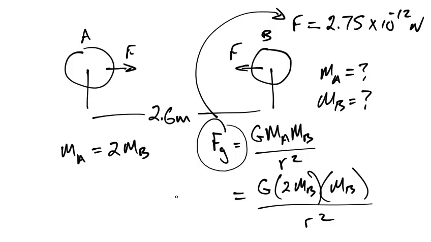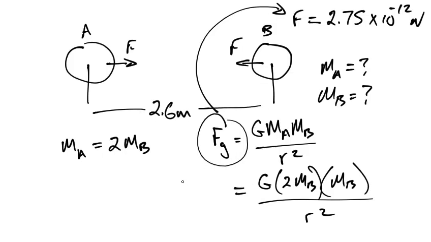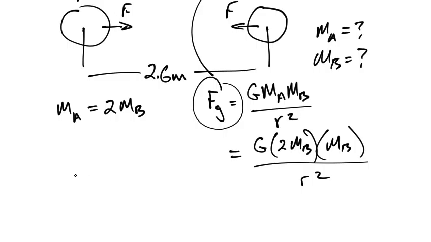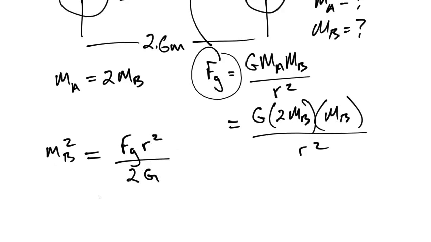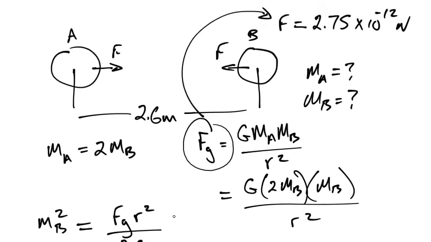It's that. So let's do a little bit of algebra first, and let's solve for MB. So what we've got there is MB squared is equal to FG. Now, you want to take the 2 and the G and the R squared and move them over to the other side of the equal sign. So it would be R squared on top now and 2G on the bottom. And if we work that out, we're going to get the force FG was 2.75 10